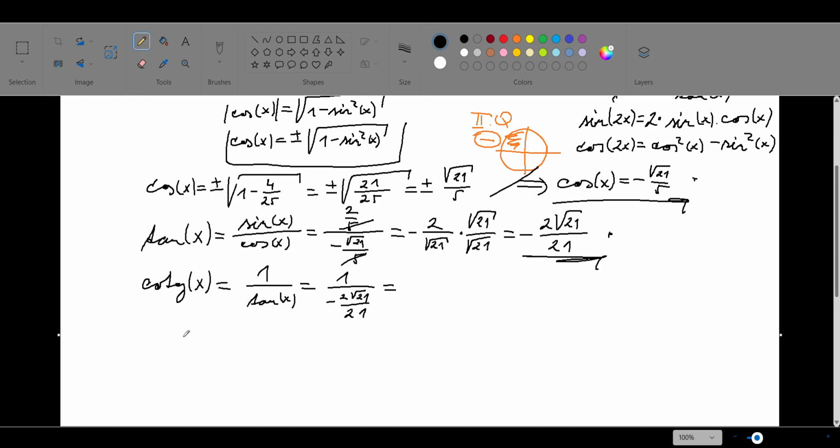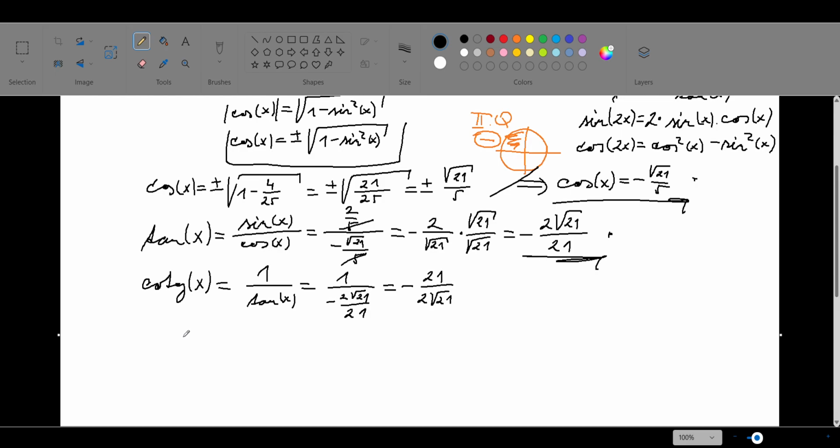Writing 1 as the fraction 1 over 1, we know this will produce negative 21 over 2 times square